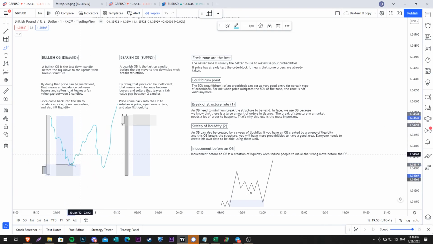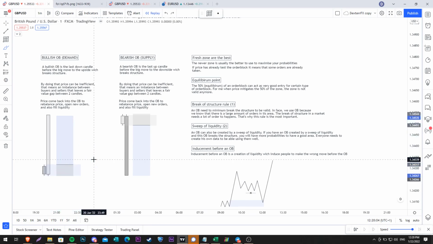But if price comes back firstly in the 50%, then doesn't break structure and comes back into the order block, I will not enter again into it,